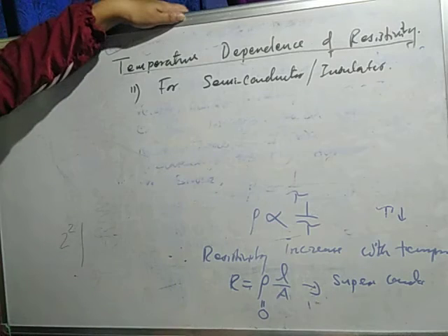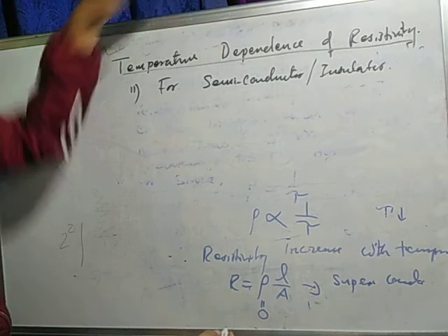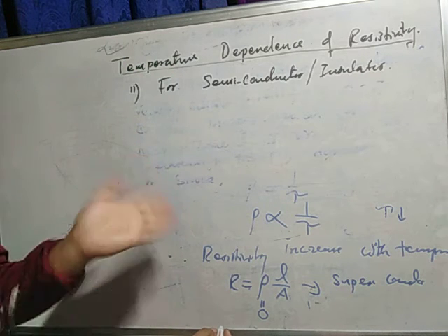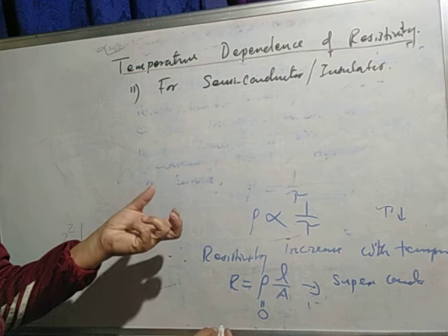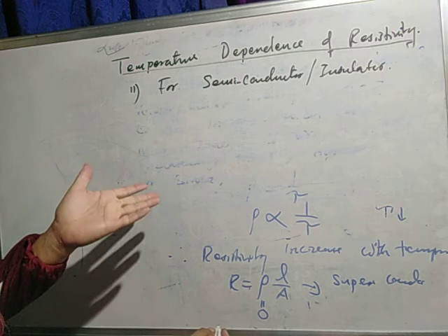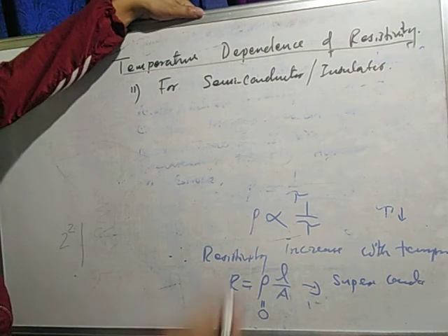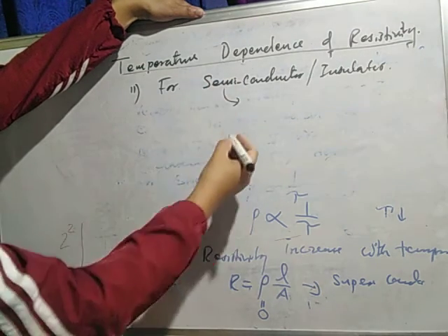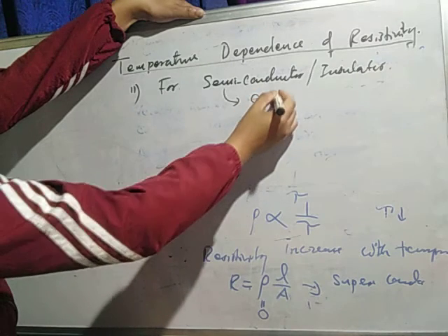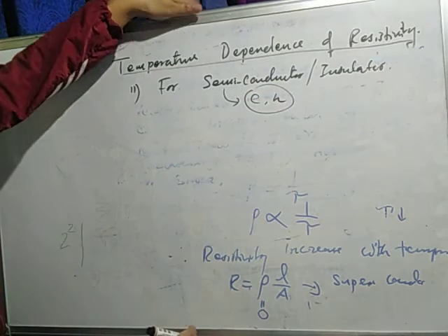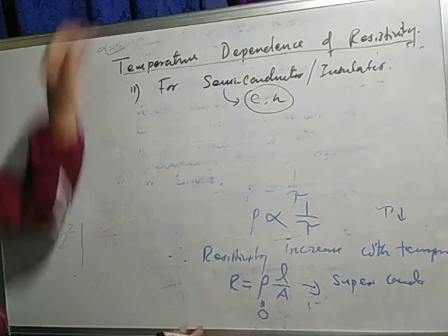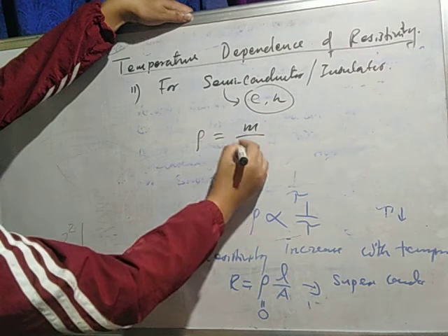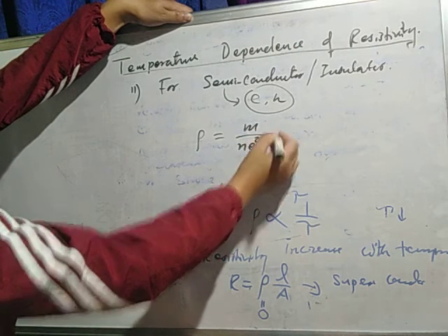What happens? See, you know the semiconductor, you are doing it in chemistry also. It is made of covalent bonds. Whenever you increase the temperature, the bonds break and it conducts electricity. So whenever you increase the temperature in a semiconductor, electrons and holes form, as you know from solid state in chemistry. So they conduct. Now write down resistivity equals